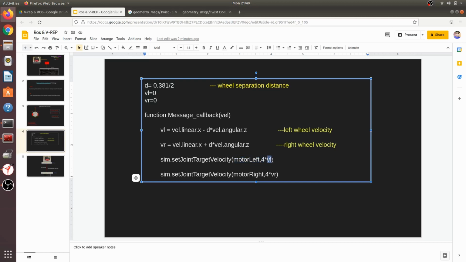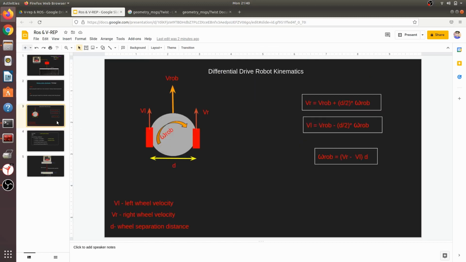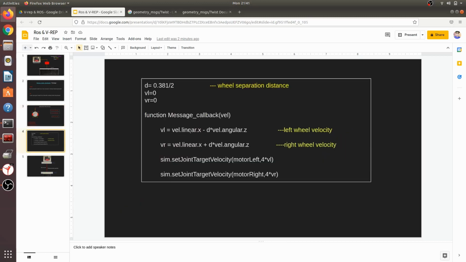I multiplied it 4 times because I want it to be 4 times faster. In the same way we put the right wheel velocity here. I hope up to this is clear. Basically, I have put this here to compare it with the real coding of Lua. Don't worry, I will give you much more details on this.